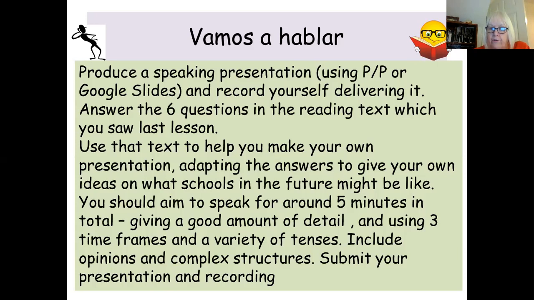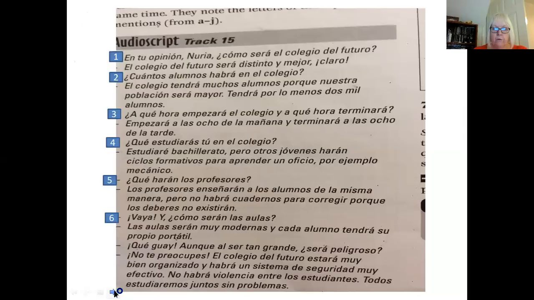And at the end of this lesson, you need to submit your presentation and your recording. Okay, so be realistic in terms of the amount of time you have to do this. A couple of slides if you want for the writing side of things, answering the questions, and then record yourself. So I'm just going to go on to, I'm not sure, this lesson has gone a bit odd. It's just taking so long to move between.